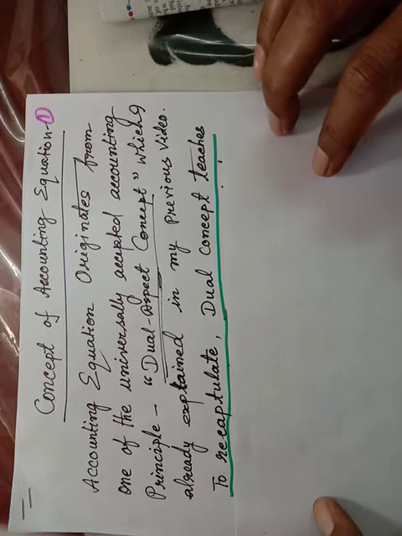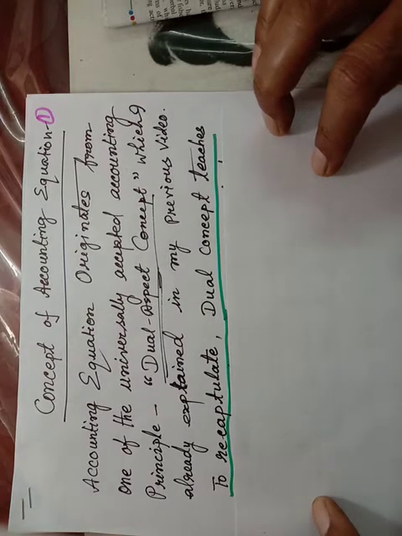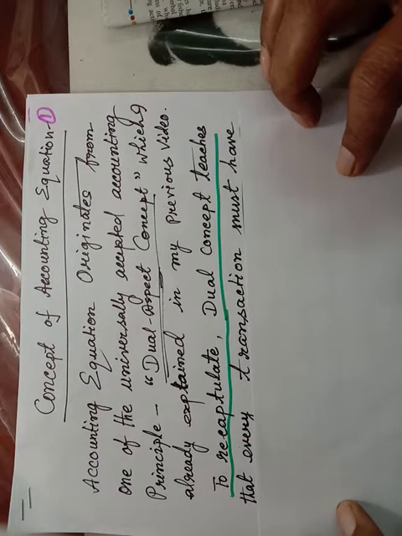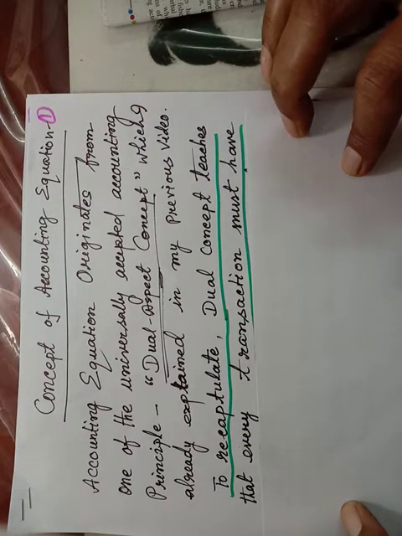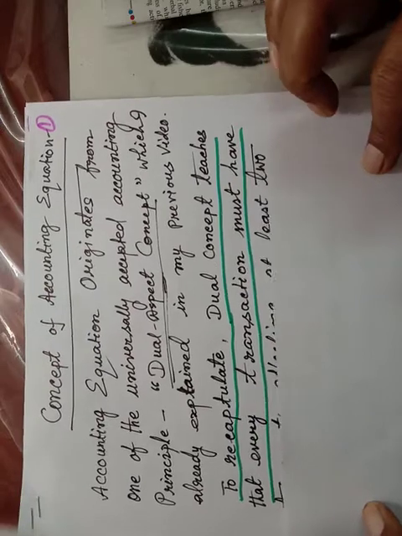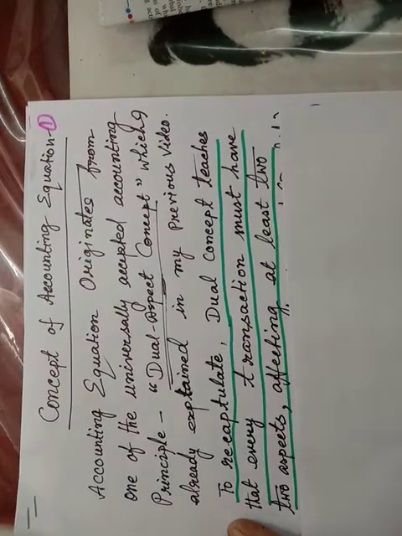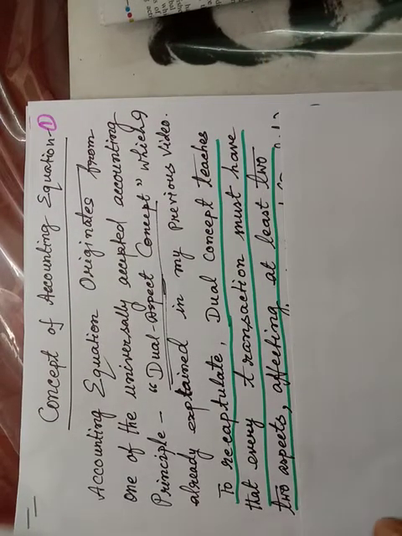To recapitulate, the dual principle teaches that every transaction must have two aspects. Every transaction must have two aspects without any exception,